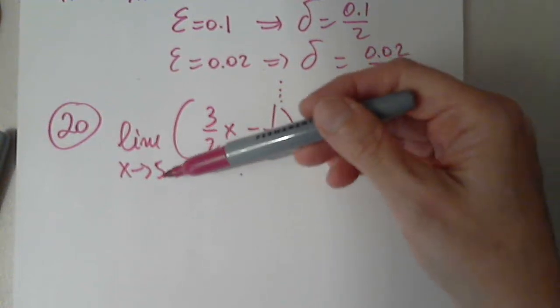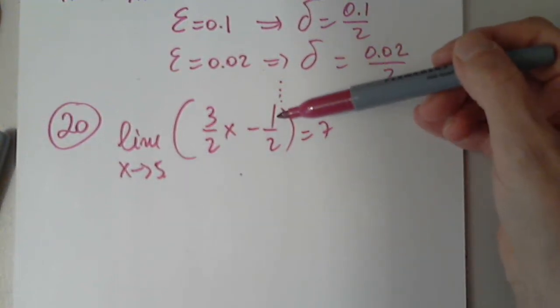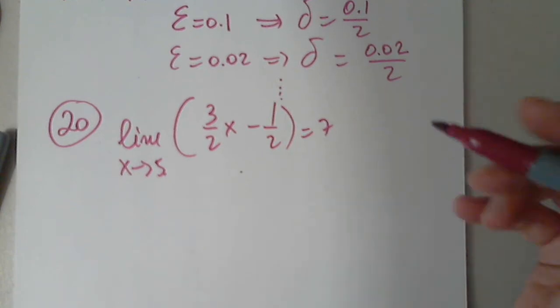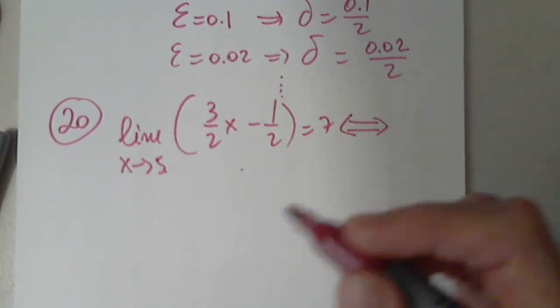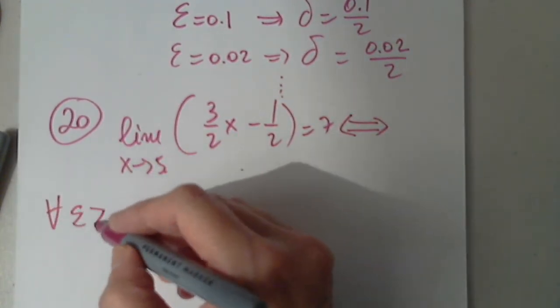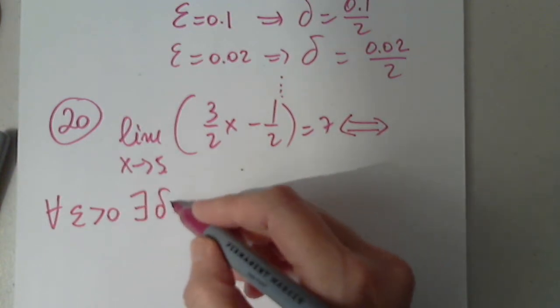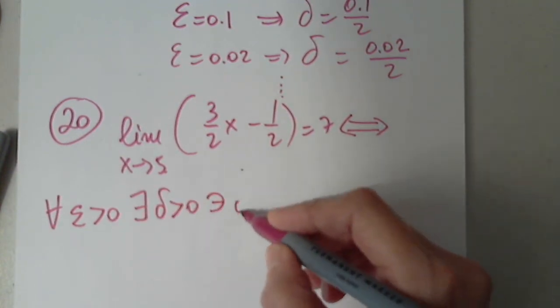Check. 5 times 3 is 15. 15 minus 1 is 14. 14 over 2 is 7. That's correct. So this is equivalent to, for every epsilon positive, I will find a delta positive such that 0